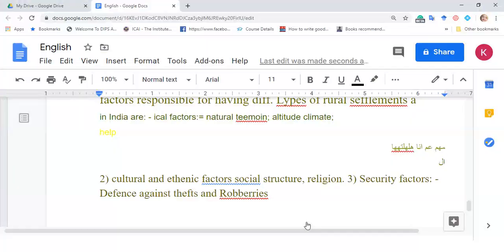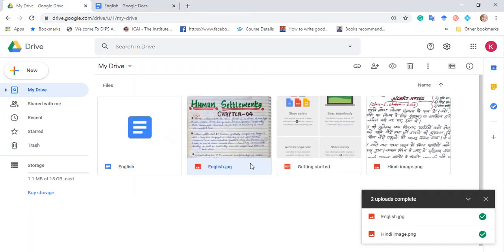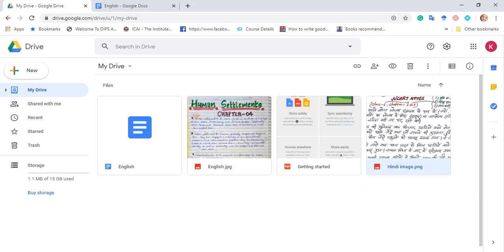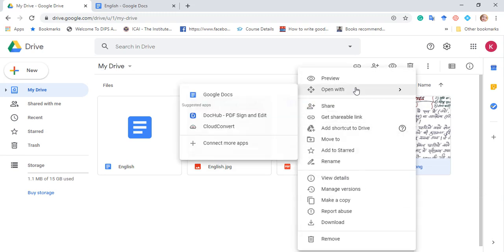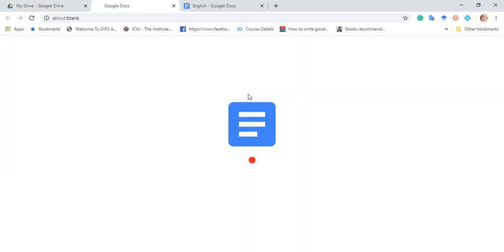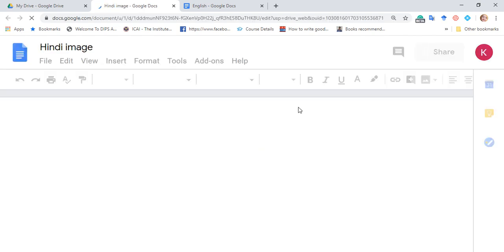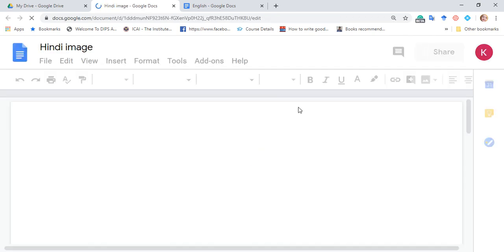In the meanwhile, I open the English-Hindi file with Google Docs, so that I will show you how both files can be converted into an MS Word file.